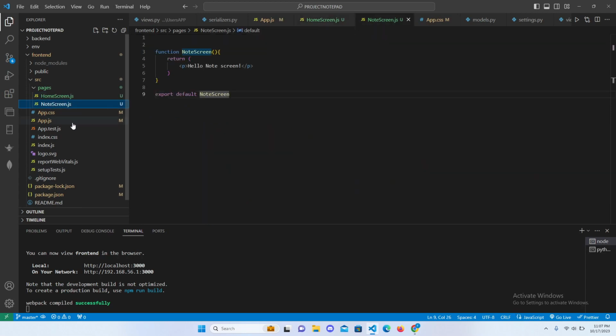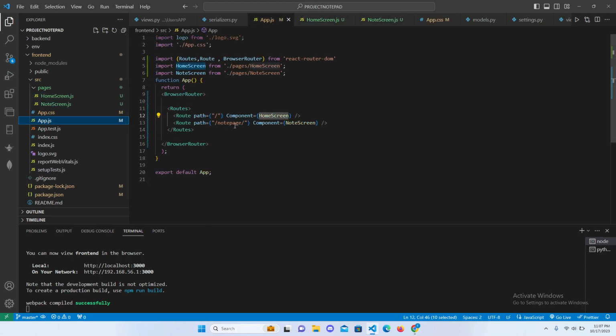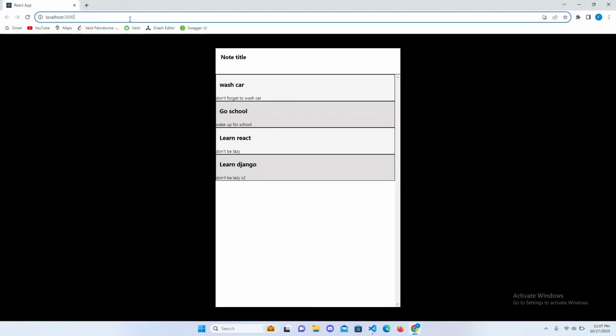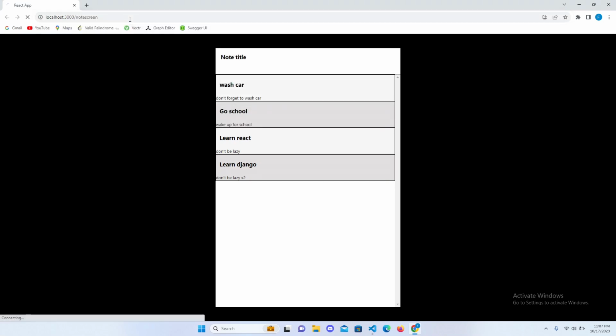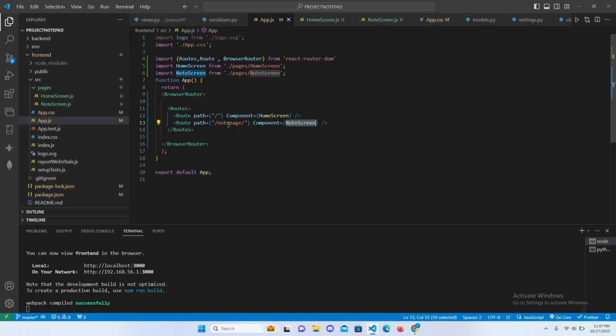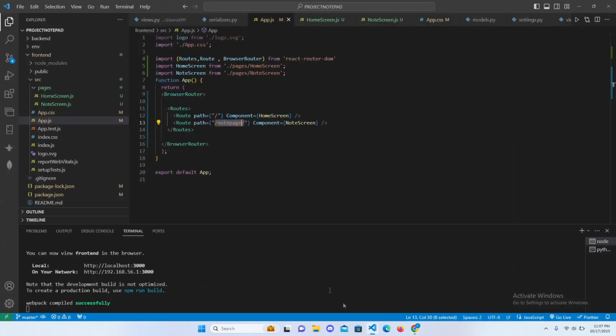pretty empty. In the app.js, we specified the note page is going to call the note screen. So if we write in the URL note page, this should prompt us to another page, an empty page with hello note screen, which is exactly what we wrote right